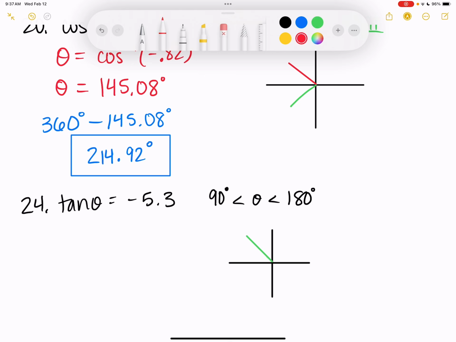All right, but tangent has to occur where? On the right side. Now, where are the two places that tangent is negative? Quadrant 2 and quadrant 4. Well, inverse tangent can't be in quadrant 2, so that means my angle has to be down here. So before we do anything,